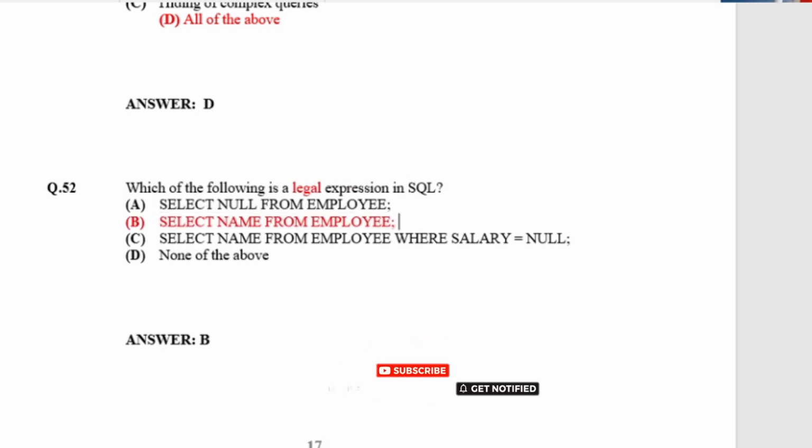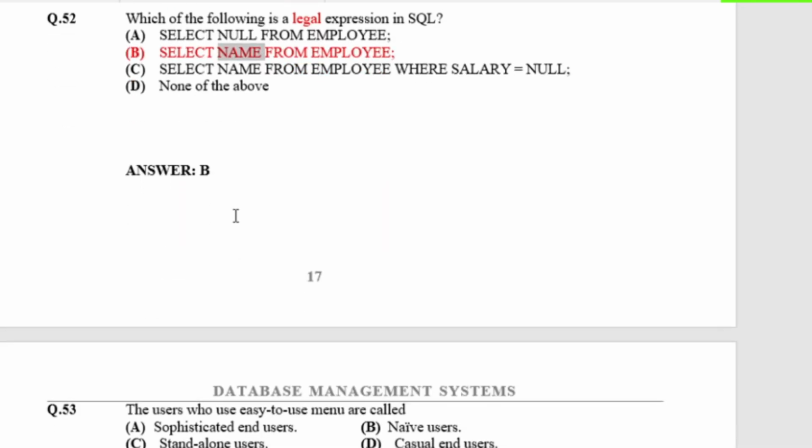This is a formal SQL query expression. Select name from table name. The table may be employee. This is a legal SQL query expression. And instead of select all, you can specify which column you want. So this is the correct